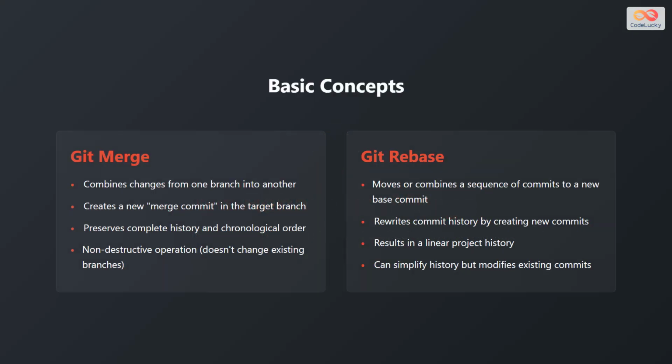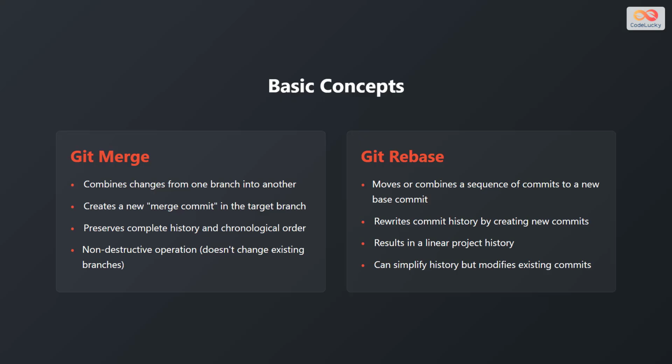Let's begin by understanding the basic concepts of Git Merge and Git Rebase. Git Merge combines changes from one branch into another, creating a new merge commit in the target branch. This preserves the complete history and chronological order of changes and is a non-destructive operation, meaning it doesn't alter existing